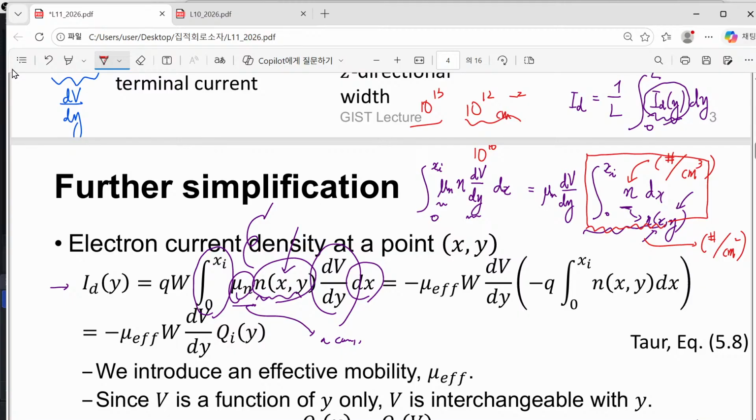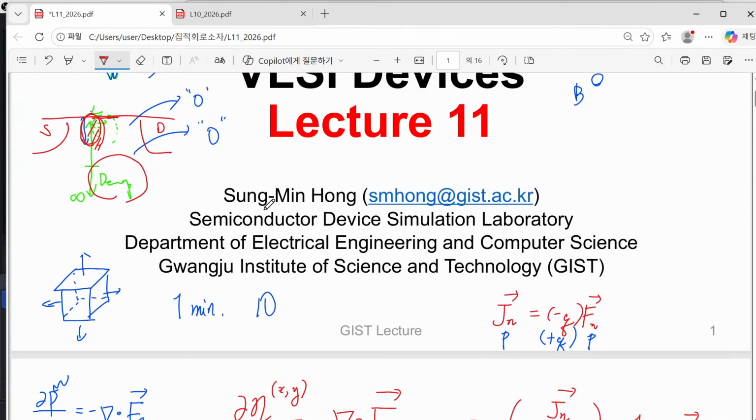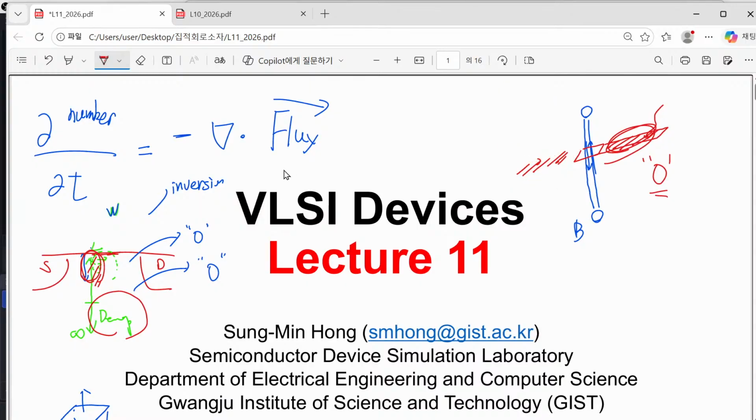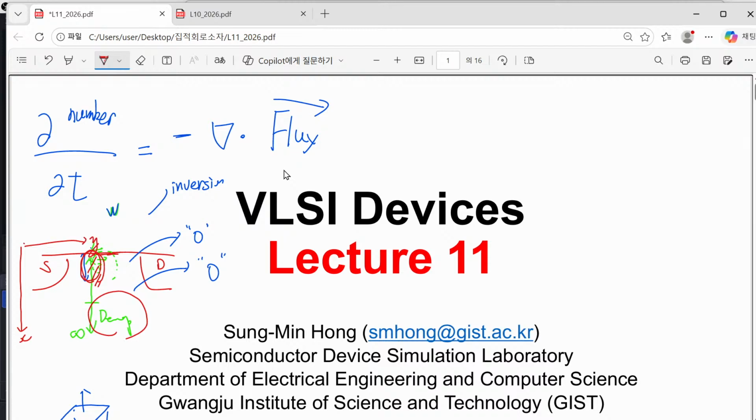Integrating the volume density, the three-dimensional density, along the vertical direction, the depth direction. Now you will have the areal density of electrons, and this is the density of electrons seen from the top of your transistor. From the top view, usually what we draw is the transistor. Usually in this course we adopt this kind of coordinate system: x vertical direction, y, and of course here we